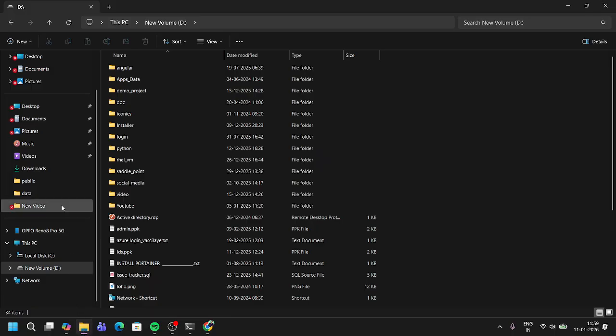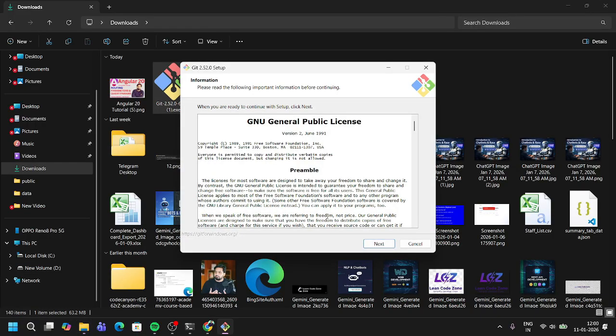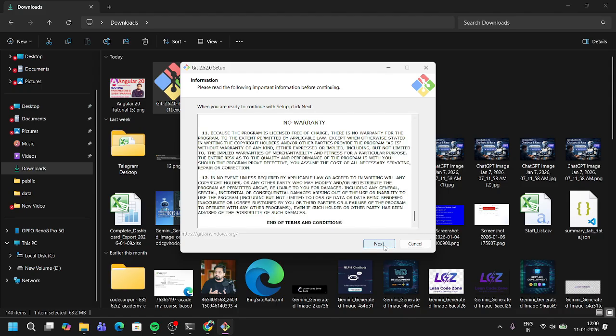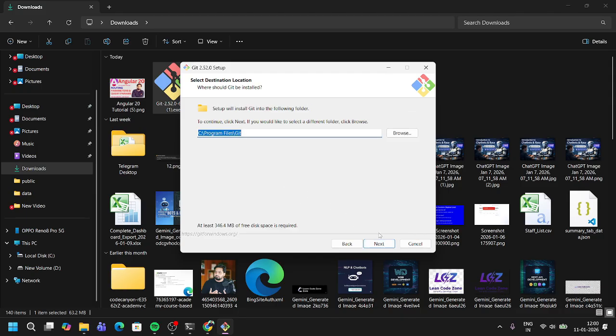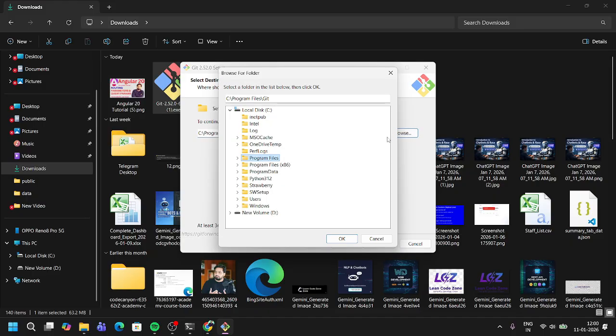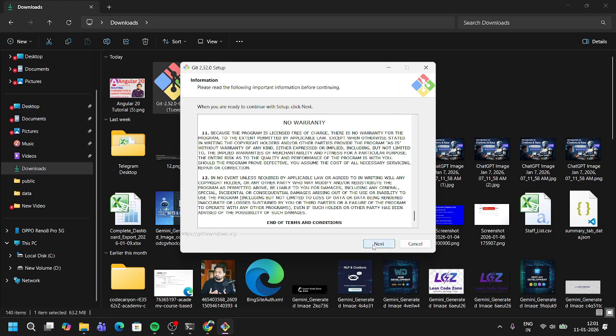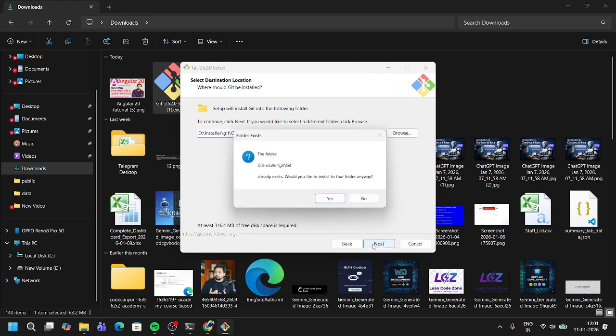So for Windows, I have downloaded a setup file. I will go to the downloads, and you can read these licenses, or simply scroll down and click on where you want to install. Let me select the different directory. If you do not want to select any directory, then you can just leave this, and just next.